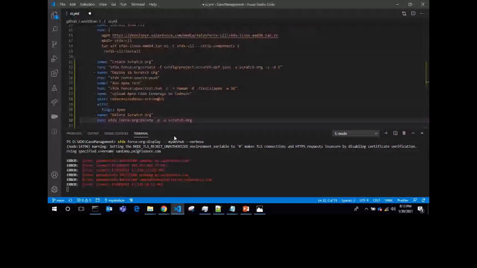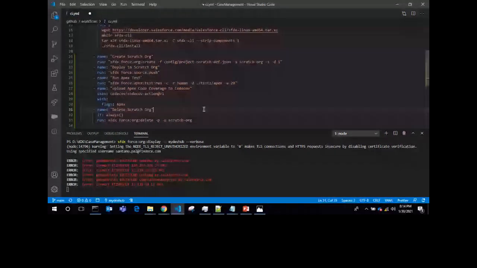I have to mention that if any error comes during execution of the Git workflow actions, you have to delete the scratch org that has been created. So it's best practice to write always, so it will always execute this command, delete scratch org.